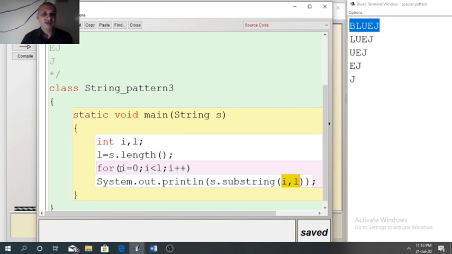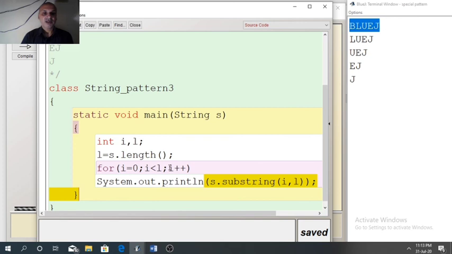So in the first case, when I is 0, the arguments will be 0, 5. So it will print the part of the string from 0 up to 4. So in BlueJ, 0 up to 4, we will get the full word, that is BlueJ. After that, because of println, the line will change.